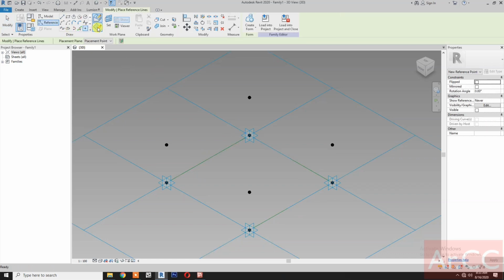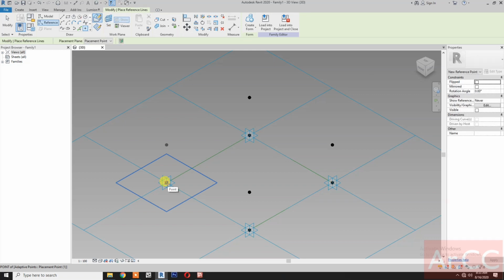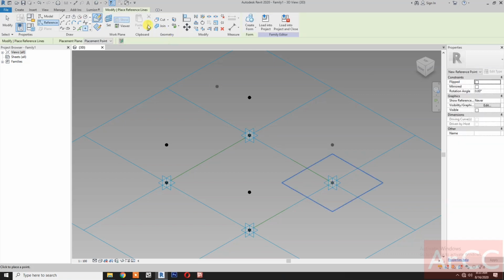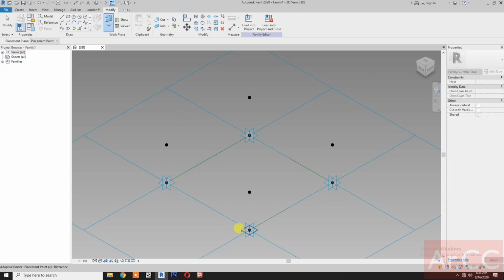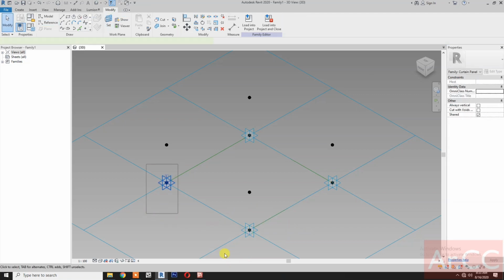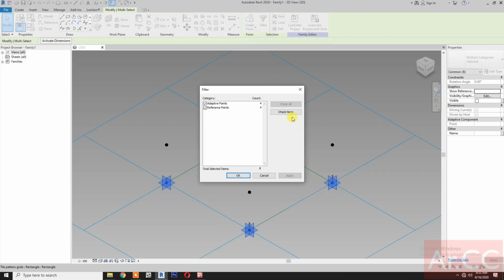Next, select reference point, set work plane. Okay, set this plane, pick a point. Repeat set work plane, set this plane, pick a point for each of the four planes. Okay, select these four reference planes, go to filter, check none, and select reference point. Okay,